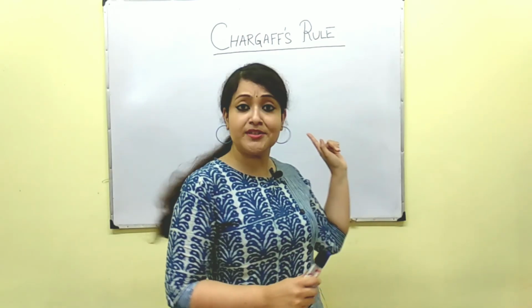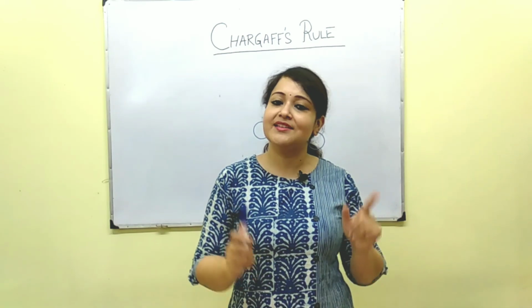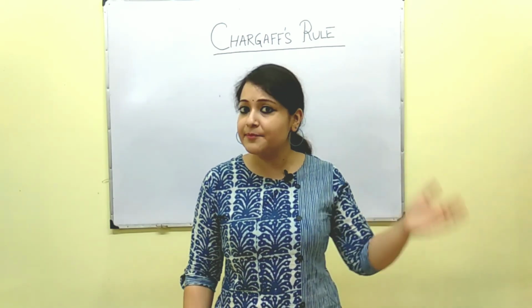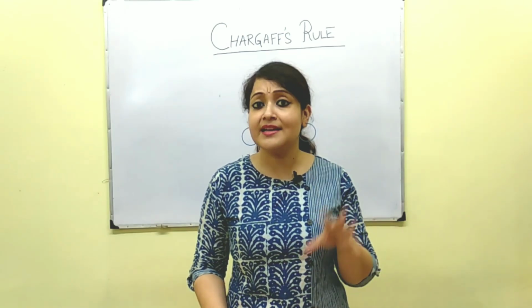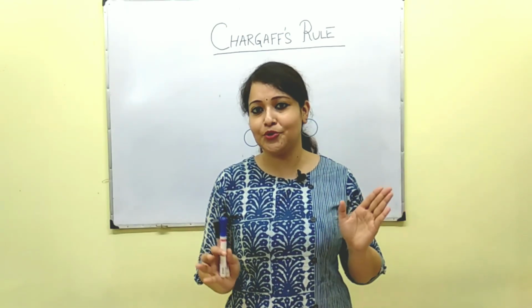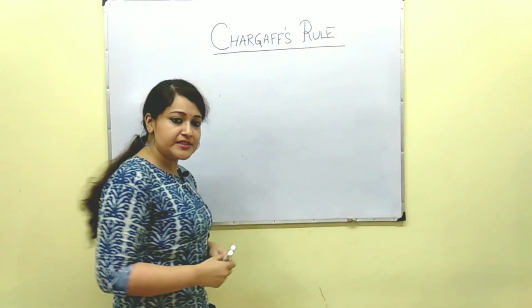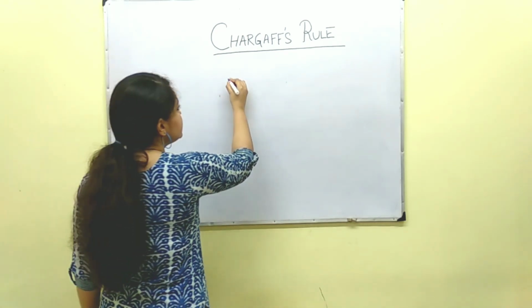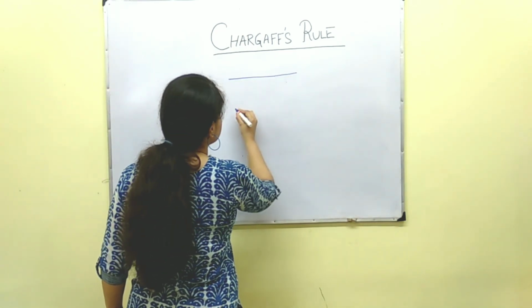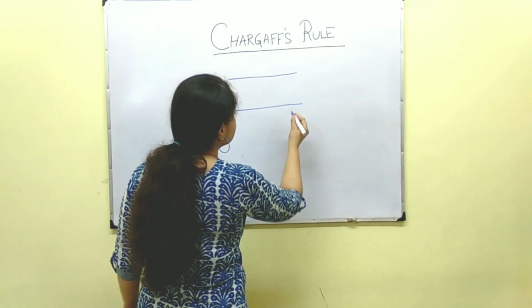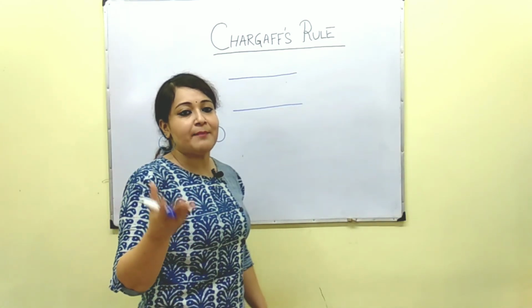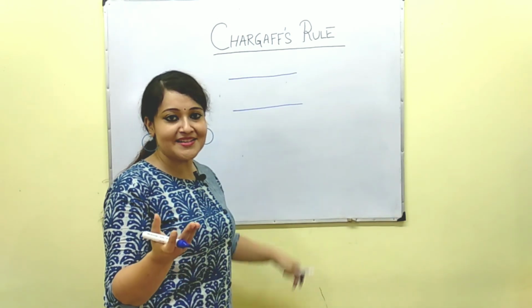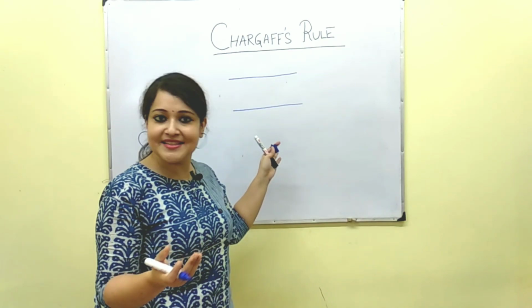So before going into this rule, let us have a look at the structure of DNA. I am not going into the detailed structure; I will make a separate video on that. But for understanding this rule, there are a few things you should know. First of all, B-DNA is anti-parallel in nature. You must be thinking, ma'am just said the structure of DNA is a double helix, but ma'am is drawing a linear structure. Why? Just for your easy understanding.